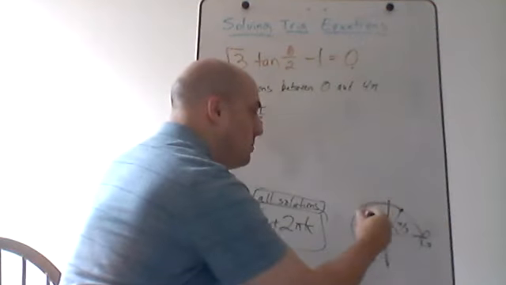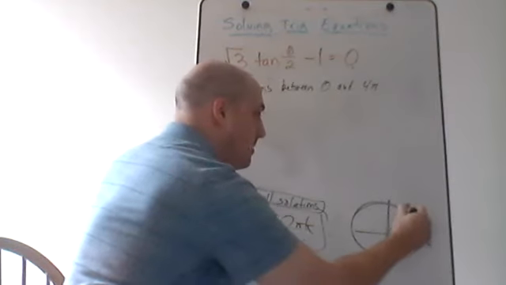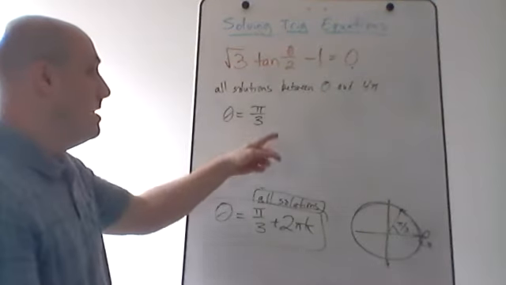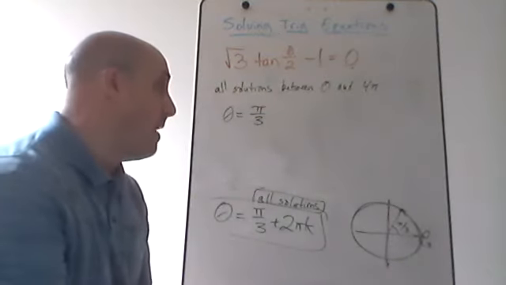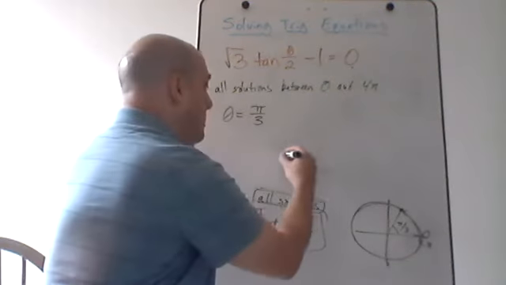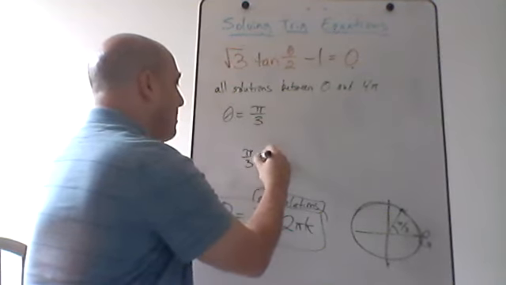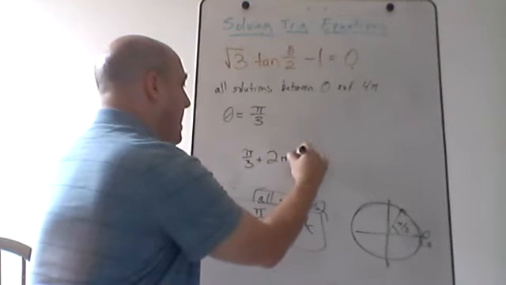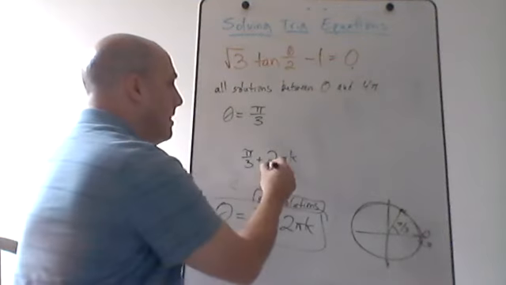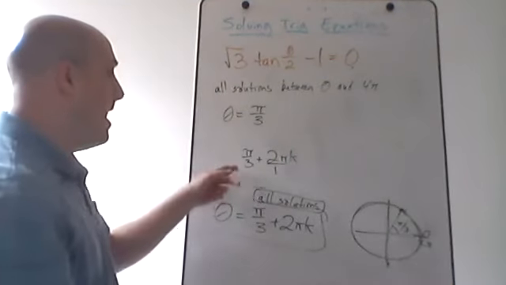So if I add a 2 pi to this and I go one whole lap around the circle, that angle is also going to be between 0 and 4 pi. All right, so what I need to do now is figure out what is pi over 3 plus 2 pi k. Well, think of 2 as 2 over 1, and in order to add these,